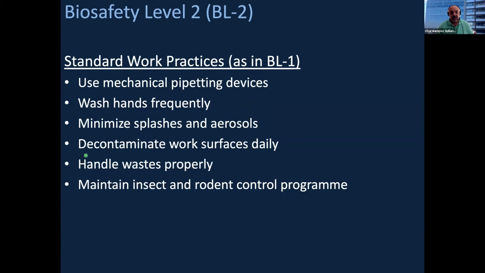So the work practices that we have actually to incorporate in BL2 laboratories are the same as the BL1 laboratories, okay? Mechanical pipetters, as I said, washing our hands, minimize splashes and aerosols, decontaminate the workspace, special waste handling, and